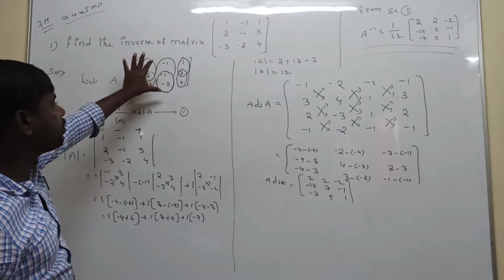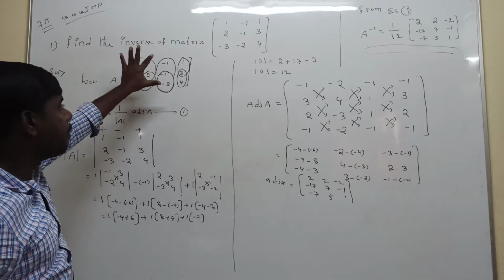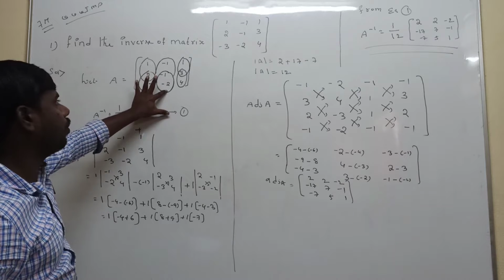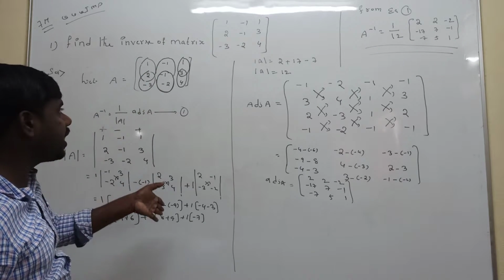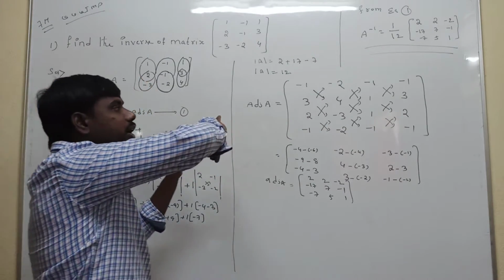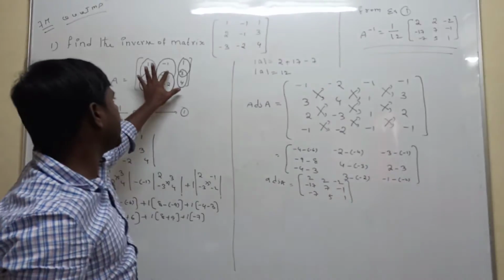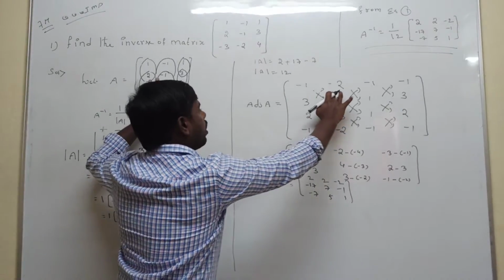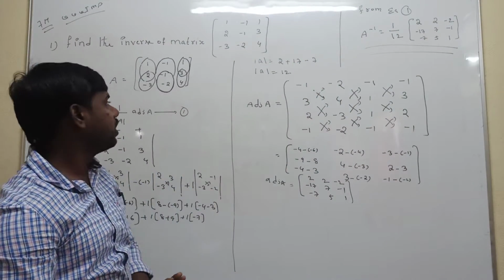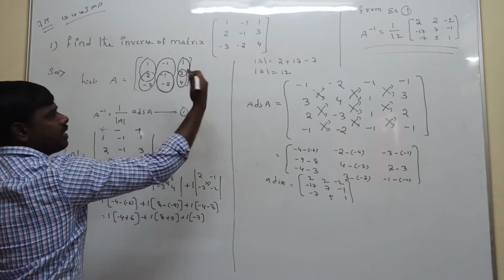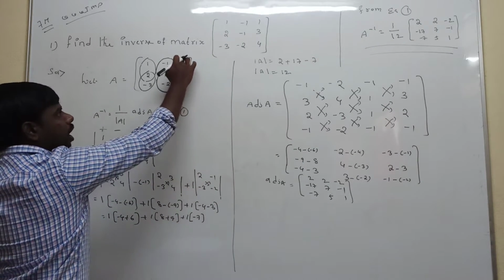In a 3 by 3 matrix, the middle element you are taking is middle and down. Middle element is minus 1, down element is minus 2. This we are taking column wise, and we write it in the row. Minus 1, minus 2, and up middle minus 1. That is the first one. Second, right hand side: middle, down, up, down.